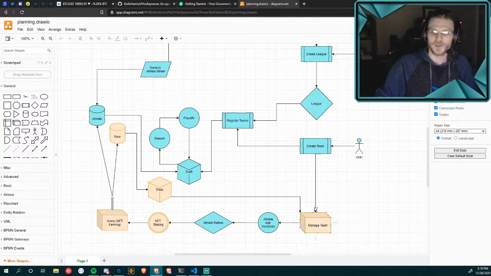Kind of as a phase 2 thing here, the user would create their team, and anything that's orange is something that I'm considering a phase 2. And phase 2 would have to happen pretty quickly, because this stuff's all very important to me. But this manage team component, I think in phase 1 you'd be able to manage your team, obviously, to some extent.